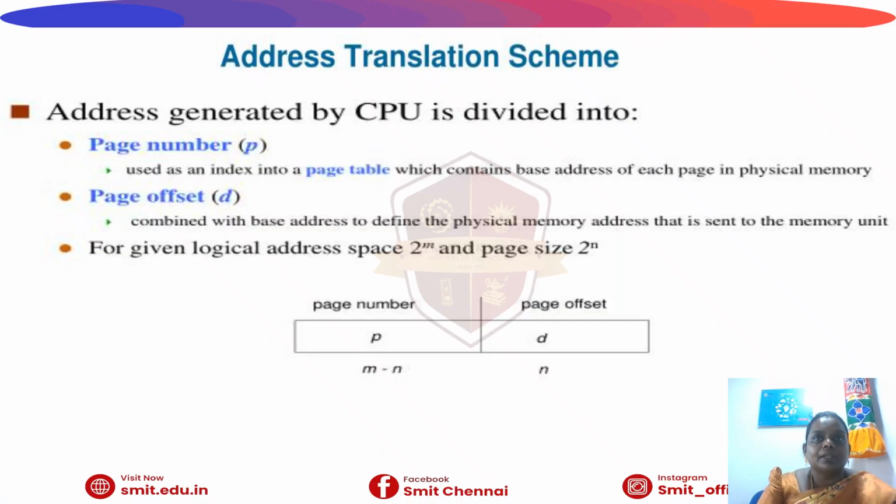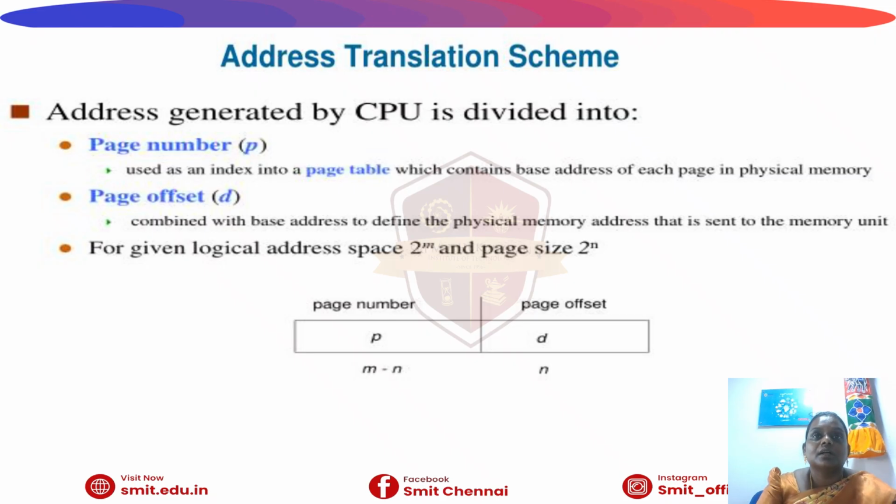The page table provides the frame number, and the frame number is combined with the offset, and then the physical address is generated. Here we use the formula to find the physical address: